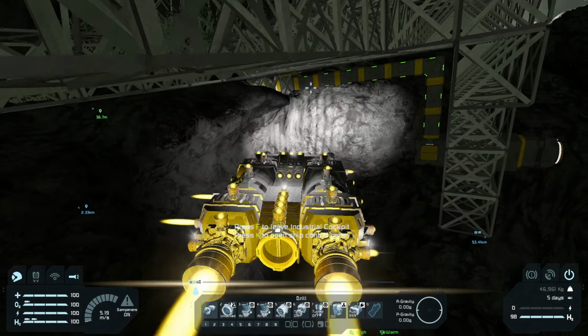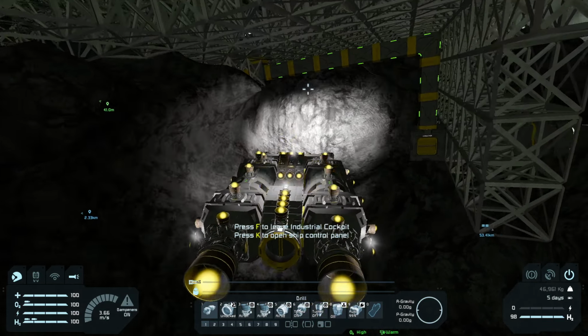We could also go further into the asteroid if we wanted to. But I think this will be good. Maybe I need to go a little bit lower. Oops. Let's go like this a little bit. Oh, I'm hitting everything. There we go. Just like this. This will do just fine. There. There. Now we have plenty of space to place